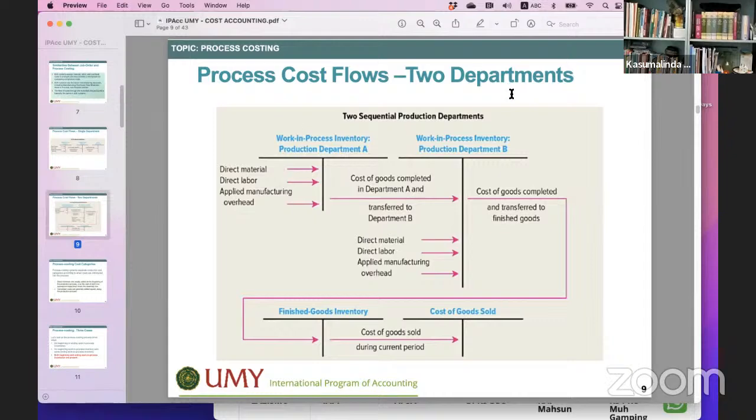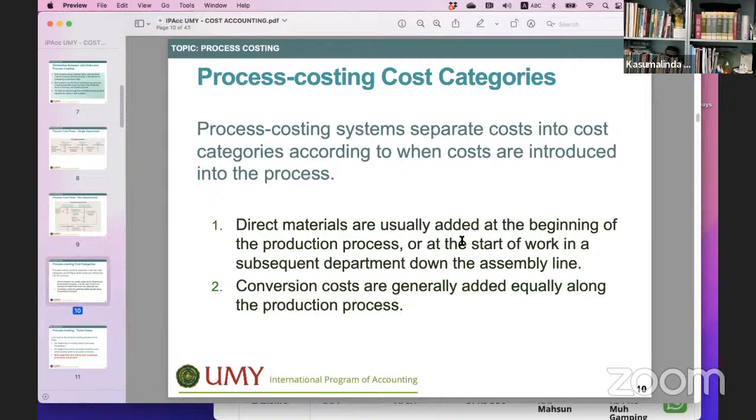Okay, and for the second department, it depends on the nature of the process of the second department. Sometimes the direct material is added at the beginning, and sometimes it is added towards the end of the process. So you need to be careful, or to be aware of when the direct material is added in the production process. Is it being introduced in the beginning or at the end of the process? Because it will affect the calculations of our